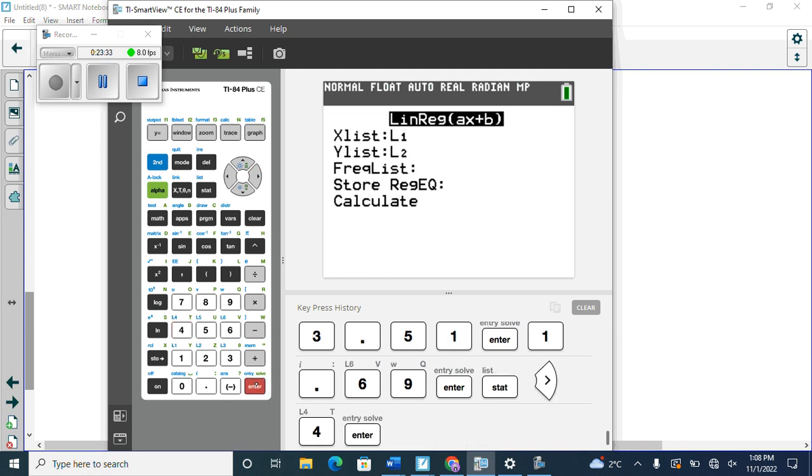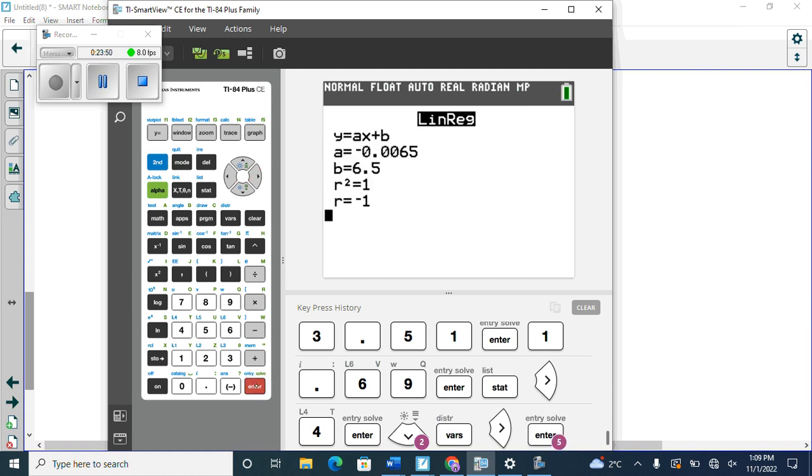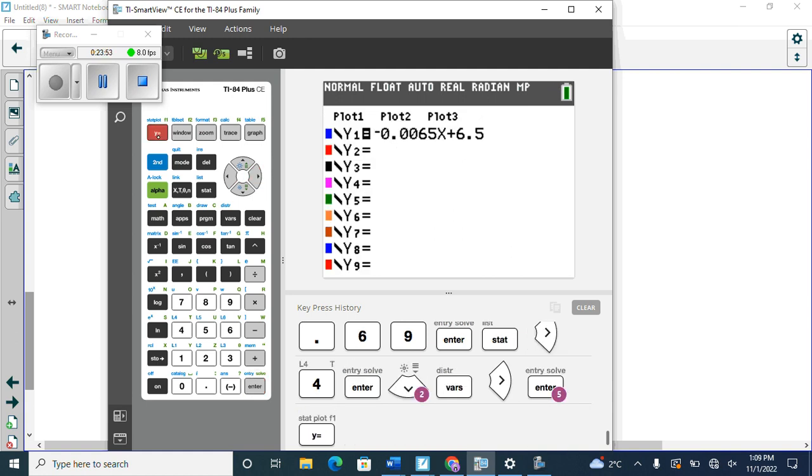And now at this point, you either hit enter and use the old calculators and you follow the other steps, or you go down to store regression equation and use new calculators. So everyone's doing their steps right now. Try and get into your y equals. See if you can get there. You're following your steps. The newer calculator steps the bottom, use the newer calculator. The older calculator steps the bottom, use the older one. Step 1, putting data in. Step 2, getting equation to y equals. Step 3,